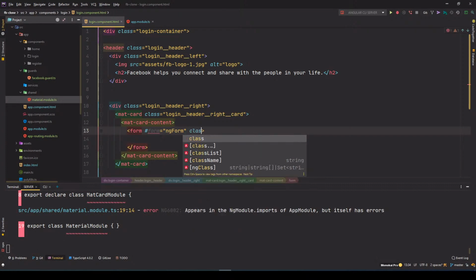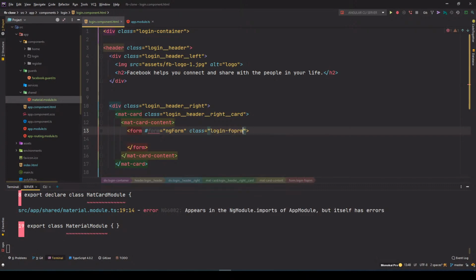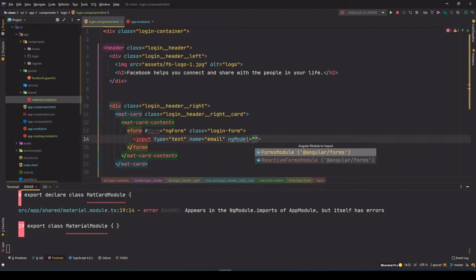And I'll also give it a class of login form to style the elements in my SCSS file. And in the form I'll have two inputs. One is of name email in small letters. I'll use the ng model directive and Angular forms, not the reactive one, the template one. Okay,